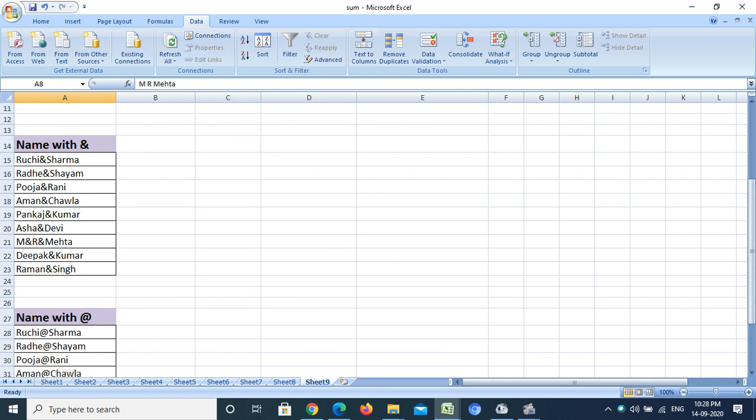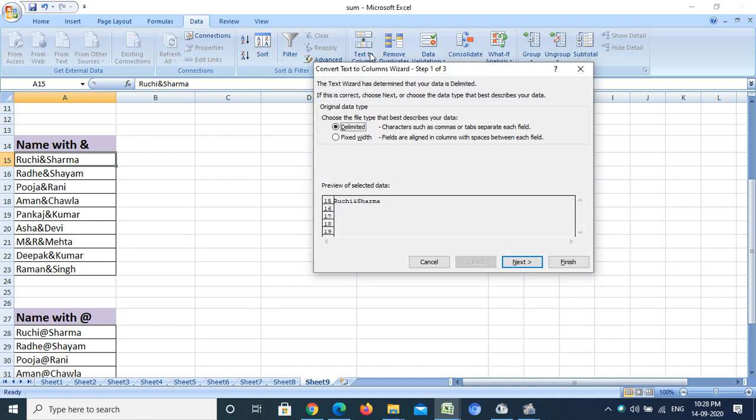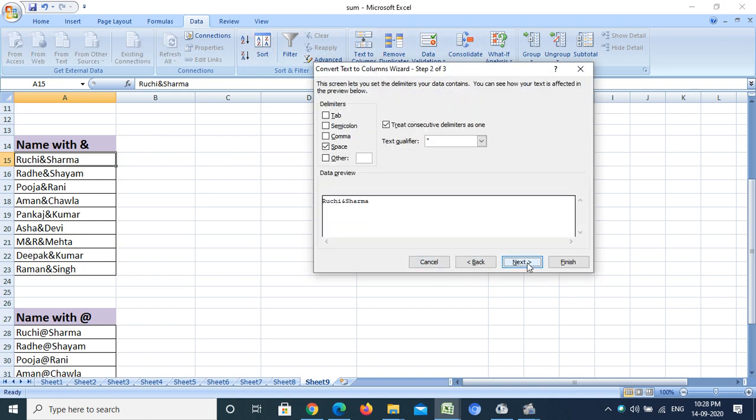Now come to another, that is the name with n%. Now see, I want to separate this type of text into different columns. I have to just click on the Text to Columns option, Delimited. Now this time my separator is not space, not comma, not semicolon, it is something else.